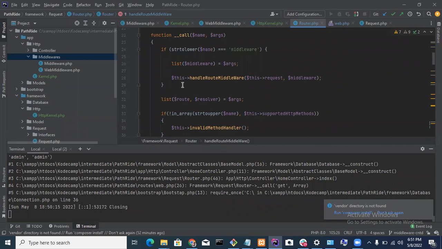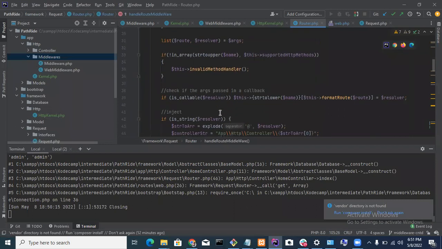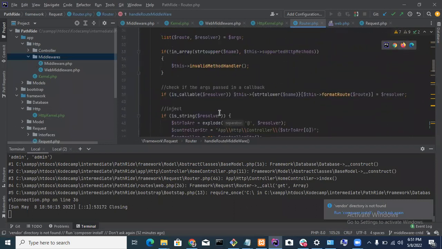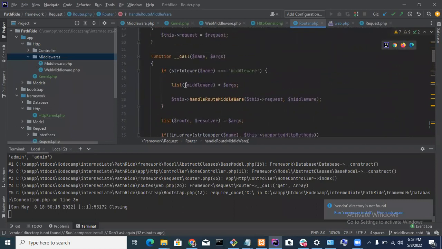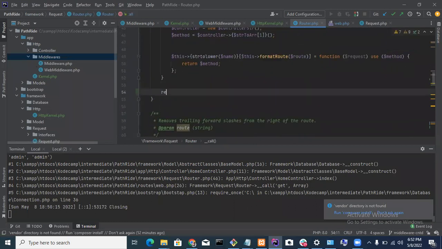So for that to work, we will have to always resolve whatever the user is passing in for us. Once we are done resolving whatever is called, we can just return the instance of the class that is being called. In this case, it's the router. So return this.